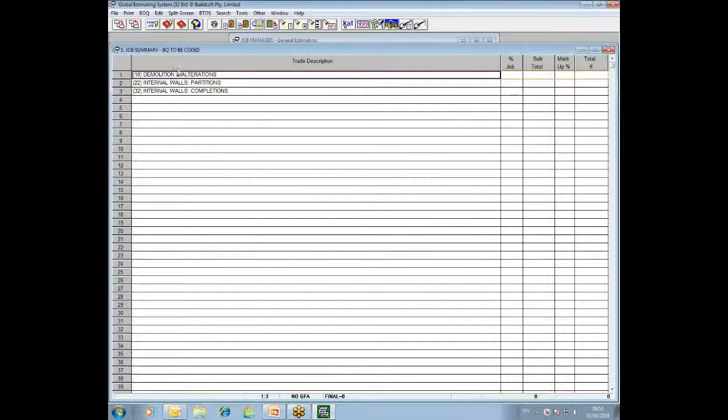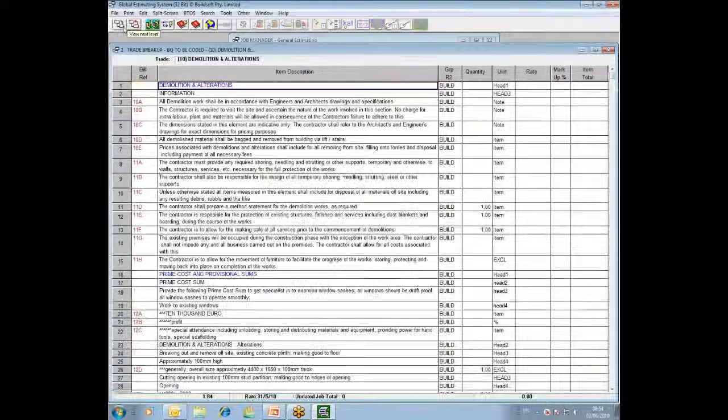To do that, you open up your first element, and in this case I'm going to open up demolitions and alterations. So I highlight my element and I click the View Next Level button. That will then bring me down to the trade breakup level, or the bill level as it's commonly known. Now what you would normally see